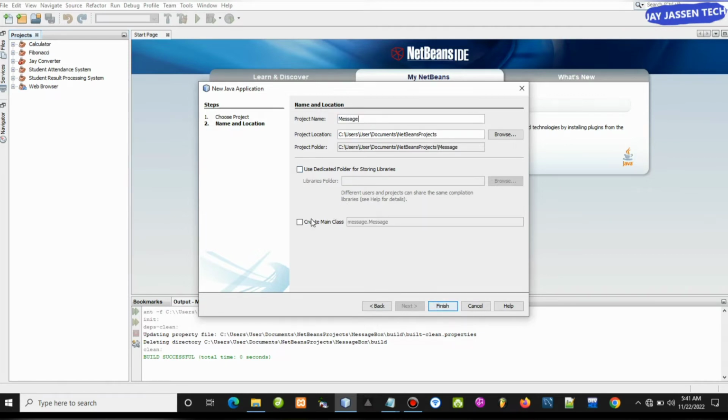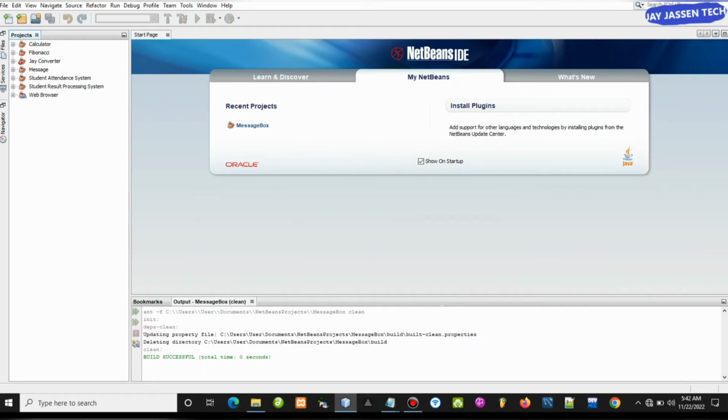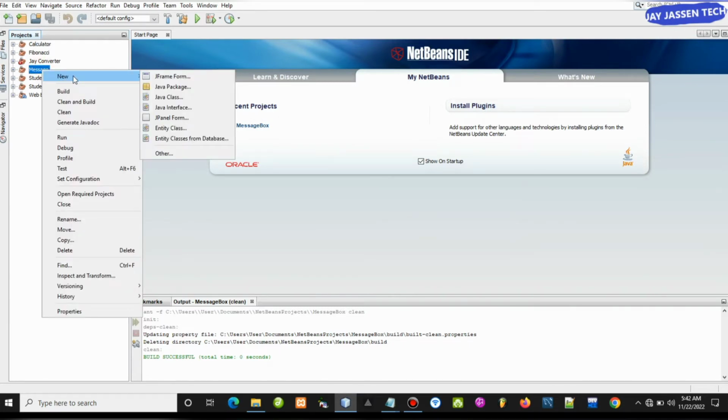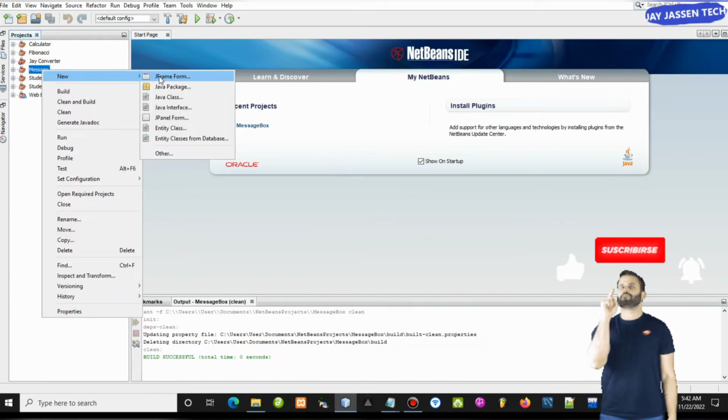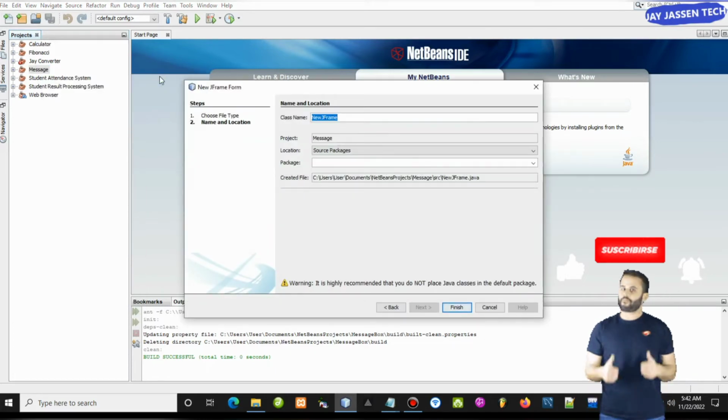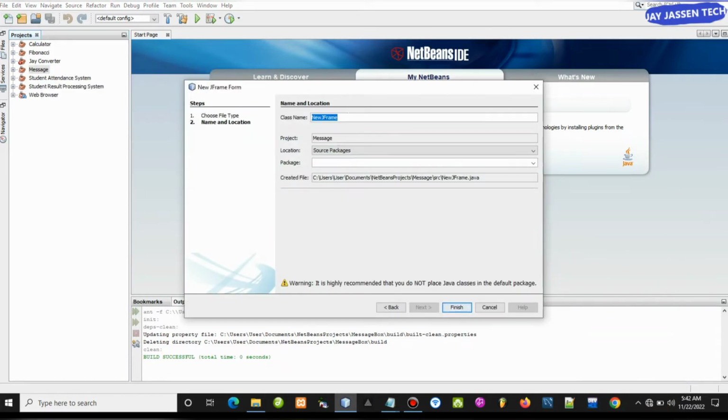And if your main class here is selected, you can unselect it. So you click on finish, and then automatically you will have a message in the list of your projects. So you can right click on this, you click on new, then click on JFrame form. Now it will ask you for a frame name, you will name it a class name, you call it message,